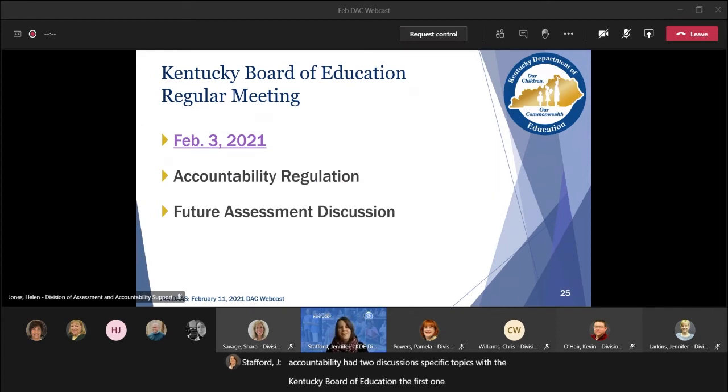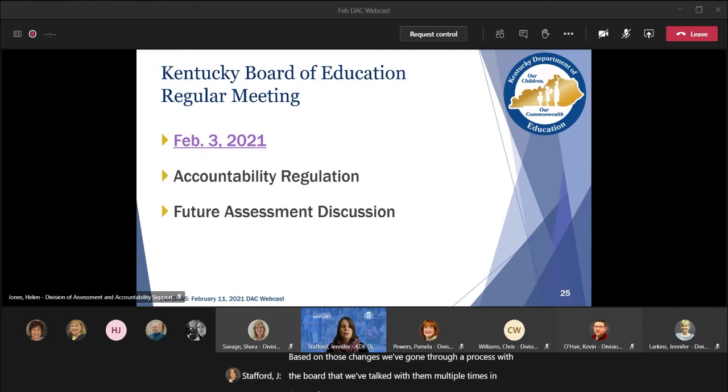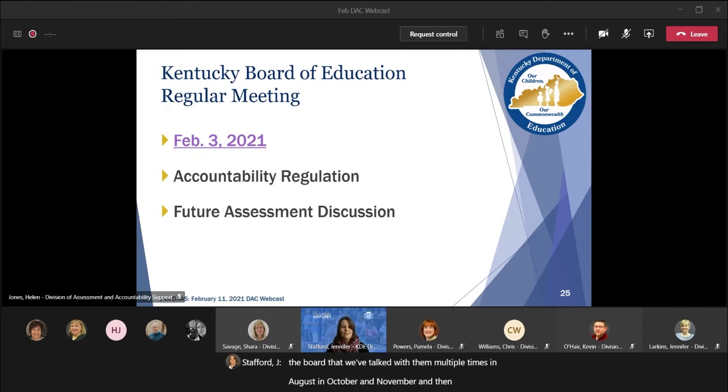The first one was on the accountability regulation. As you know, the accountability regulation needed to be amended because of the Senate Bill 158 passage in the 2020 General Assembly. Based on those changes, we've gone through a process with the board that we've talked with them multiple times in August, in October, and November, and then this is the first read in December, and then the second read in February. We've been very transparent about the recommendations that were brought forward and the discussion at all of